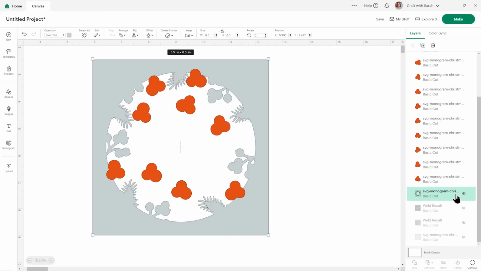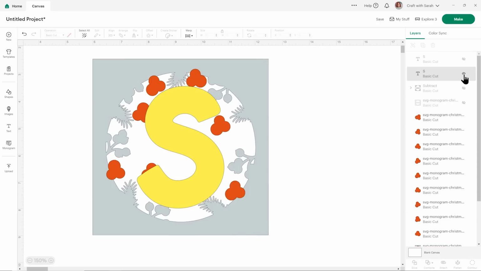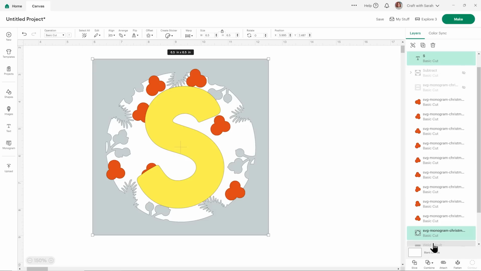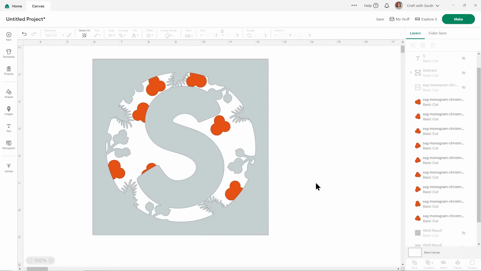One left, which is this one. Turn on my letter, select both of them, combine and weld. And there's no little bits on there, so that is fine. This has joined it to these leaves and berries. You might find if your letter is smaller, it doesn't end up touching any of the bits on the outside. And if that's the case, you don't actually have to weld it to this layer because it would cut separate anyway. But it doesn't matter either way. I just like having it joined onto the berries and the leaves. If it does touch, it makes it easier to stick together and to know it's exactly in the middle.